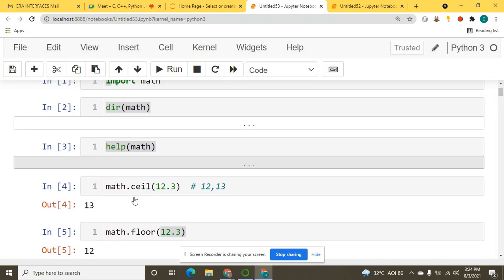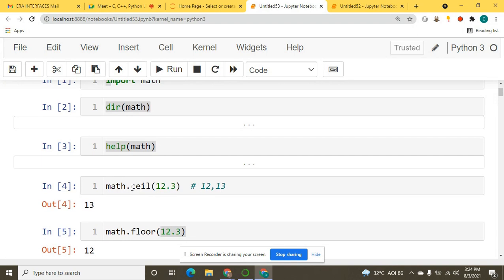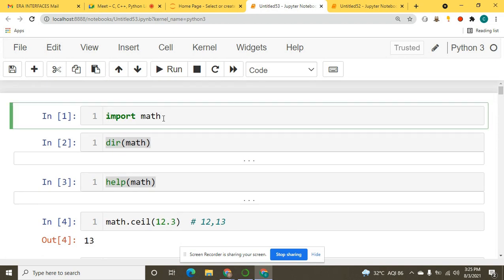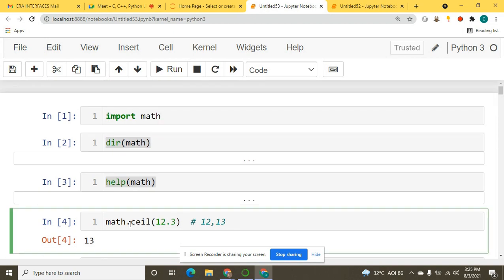But still, if I am a very experienced person in coding, then for me that syntax is fine, that from that module import all. But if I'm new to coding, then this statement is fine for me. Why? Because after the dot operator you can simply press tab, and after this tab you will get every method and every function in the drop down menu. So whatever method you want to use, just select that, pass the arguments according to that function, and you will get the result on your screen.